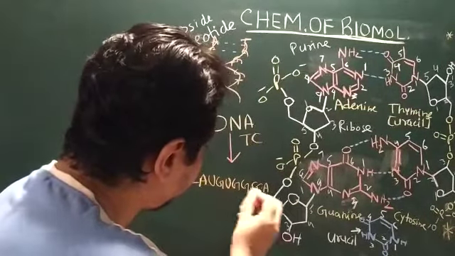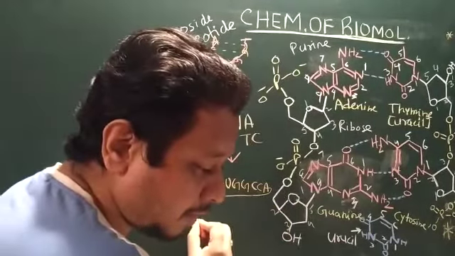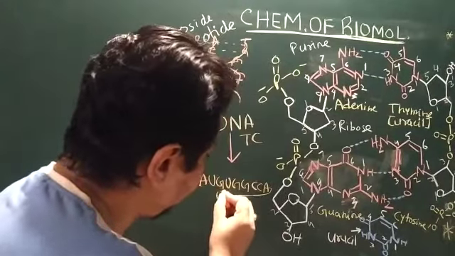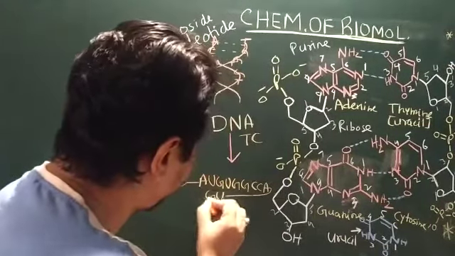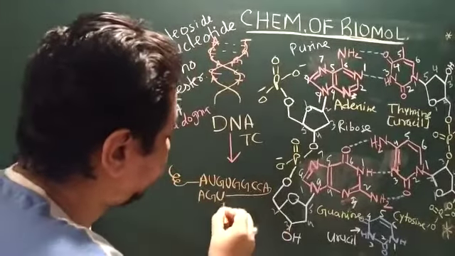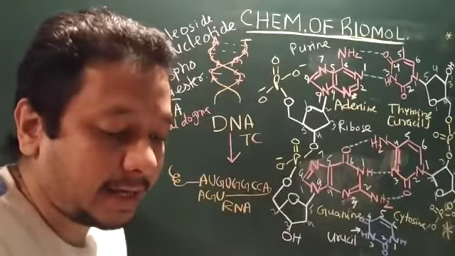This is the strand. Then the last one, UJA. So now this single-stranded RNA is coming from the double-stranded DNA with the help of